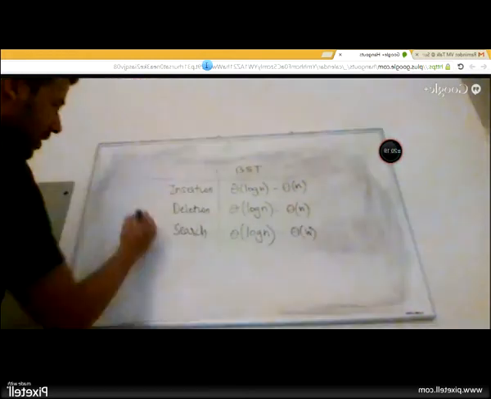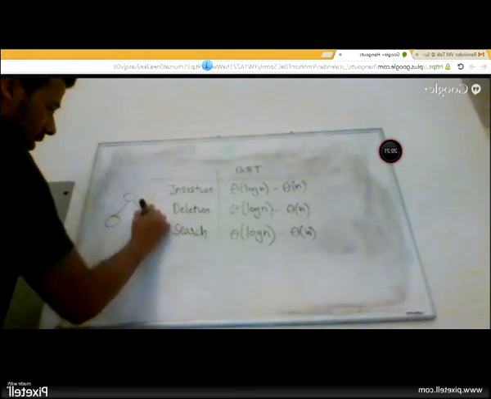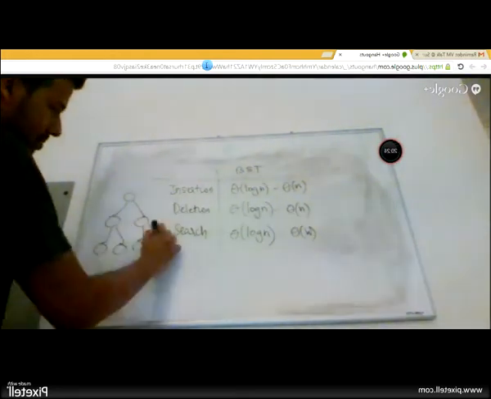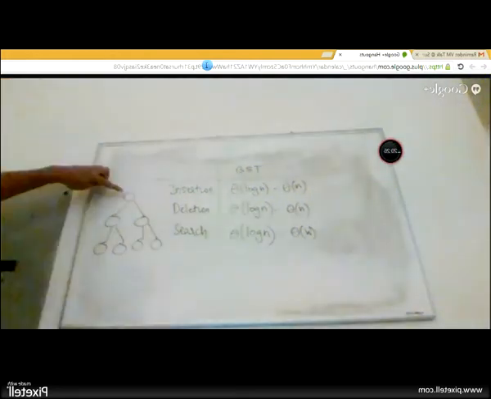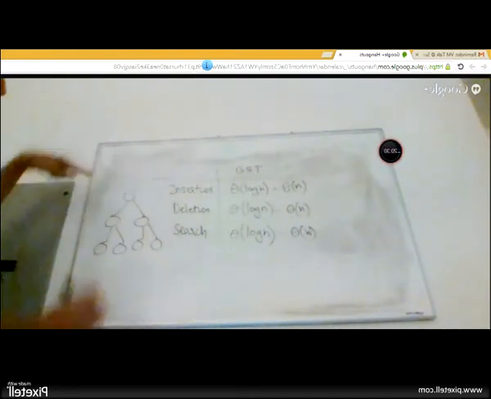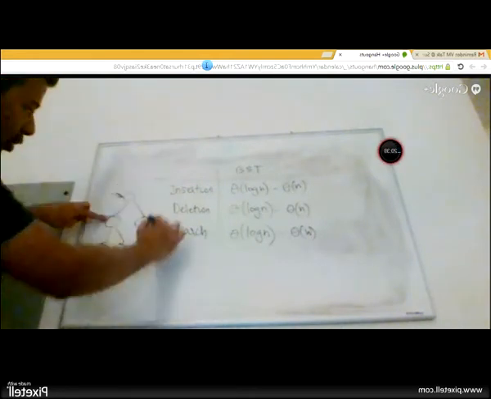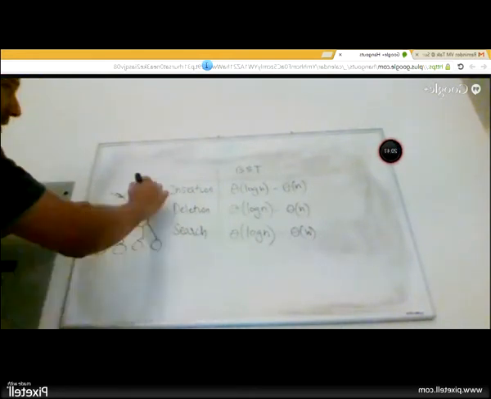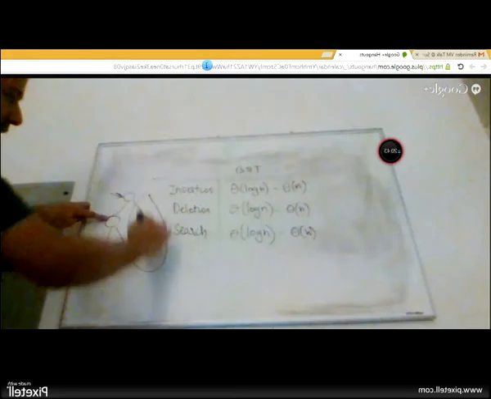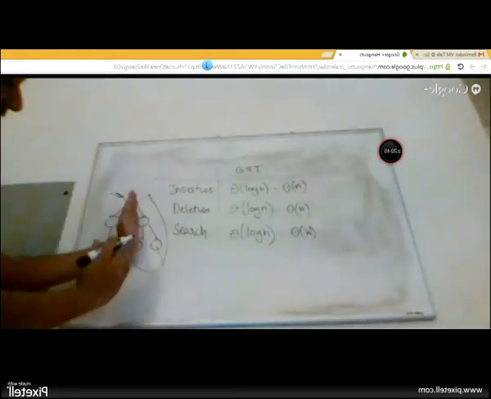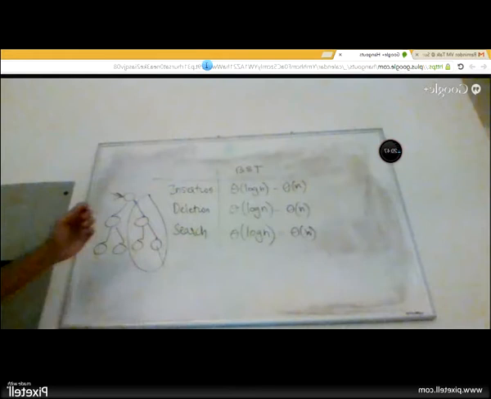The reason why it is log n is that if you have a balanced binary search tree like this, anytime you search for something, you start with the root node. Immediately you decide whether to go left or right. If you take this left path, there is never a requirement for you to go to the right subtree. This entire thing you will never visit, which means these many nodes you will never visit, which is good, right? You don't have to go through all nodes.